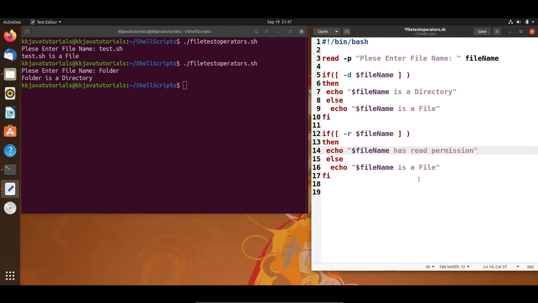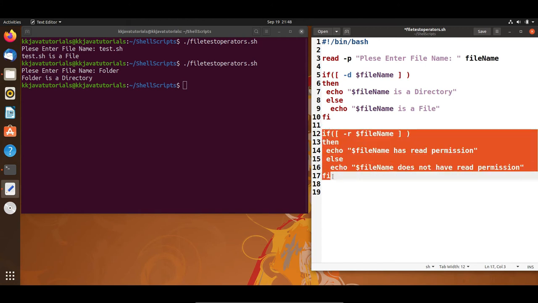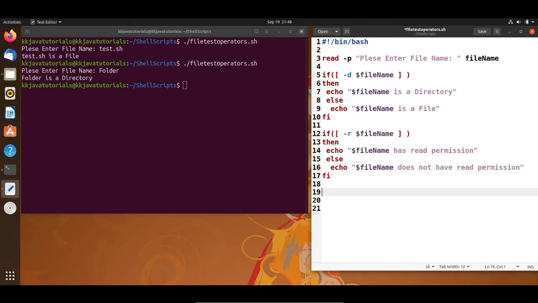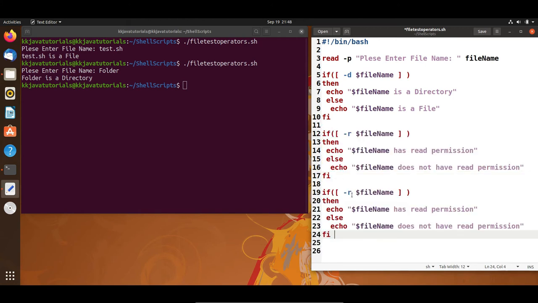Permission. Else, if this returns false, then I will print this file does not have read permission. Pretty simple. Similarly, we can check for write operation. We can check -w, right? And here, of course, you have to write permission, and instead of read you have to give the